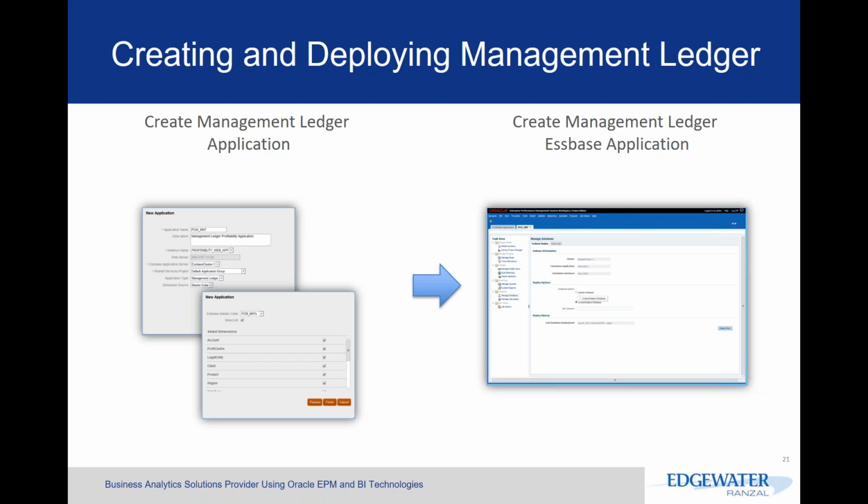Now once that application is deployed, we're actually going to start talking about our database, or our ASO database itself. We're actually going to deploy our database. And now this is a lot easier for us. And for those who are used to standard profitability, I'm sure that you're screaming at me, telling me, wait, we need to define our stages before we can deploy our application. And that is true